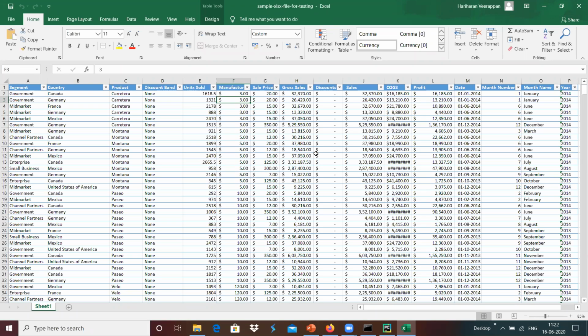For example, we can load a complete Excel sheet over here, which we will see now. One second.